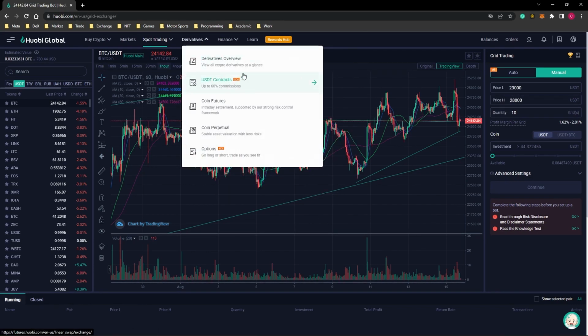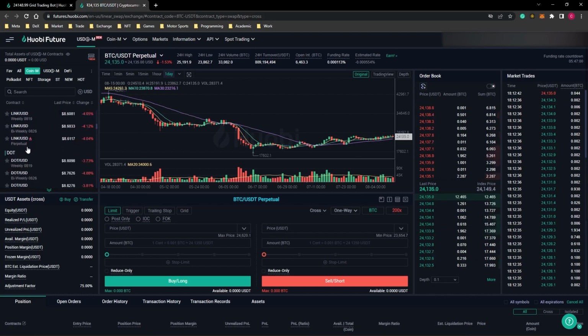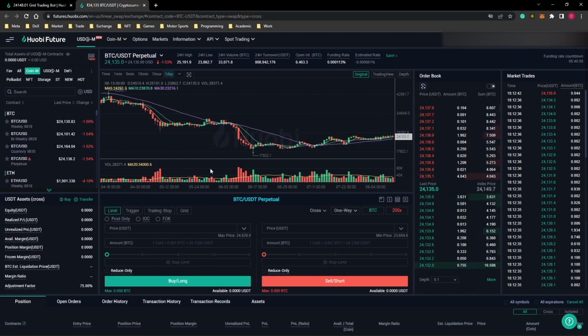The only difference between USDT and coin contracts is the parity. In USDT contracts, you invest in USDT, and in coin contracts, you invest in USD. Futures trading refers to speculating on the price of cryptocurrencies without owning them. Like commodity or stock futures, cryptocurrency futures enables traders to bet on a digital currency's future price. Futures contracts of any underlying asset are derivatives of that asset. These contracts are bought and sold between two commodities investors, and they speculate about the asset's price at a specific